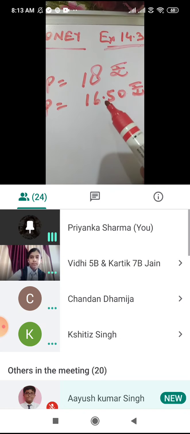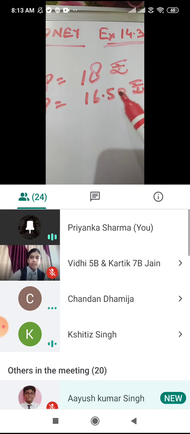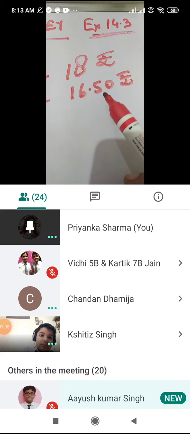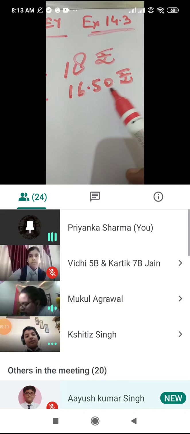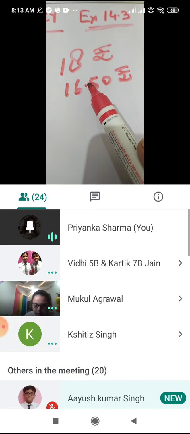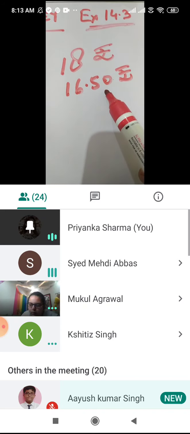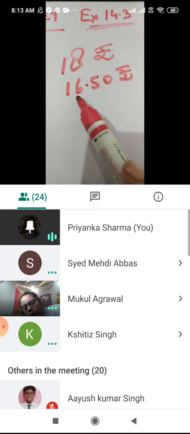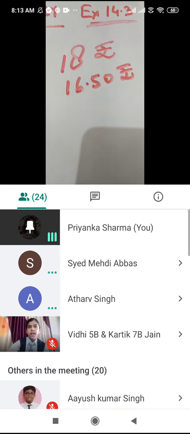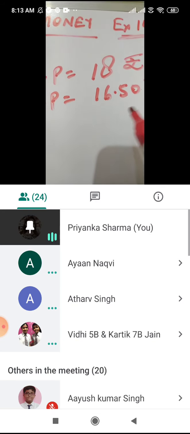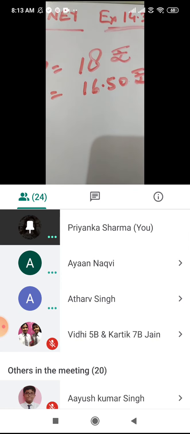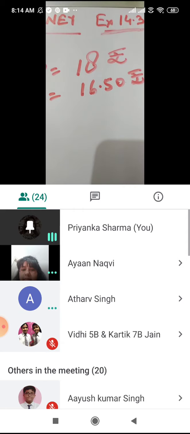When we were doing decimals, what did I explain? After the decimal, we read each and every number separately. So you will not read this number as 16.50, we will read this number as sixteen point five zero. Remember this always. It is not that you remember it only while we are doing the lesson and then forget. You have to remember it always.